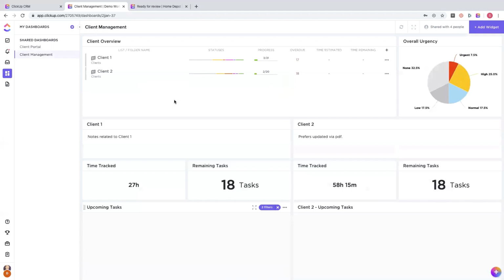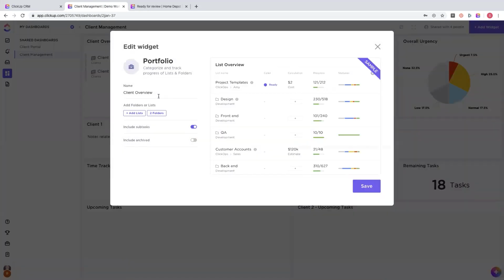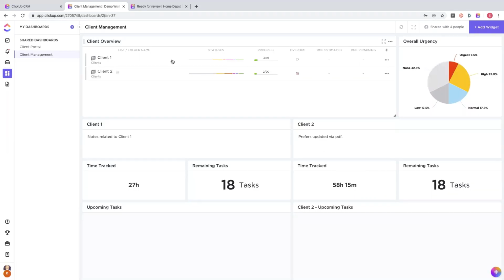In the client management dashboard, we've created some portfolio widgets, which are a great way to link related lists and folders into one view and monitor their health and progress all together. So, for example, let's say you go with the client setup where you're creating a folder for each client you're working with. You could link those folders into a portfolio or pick lists for projects you're working on related to clients. And then here I'll be able to see things like the statuses for all of the tasks in that folder or list,